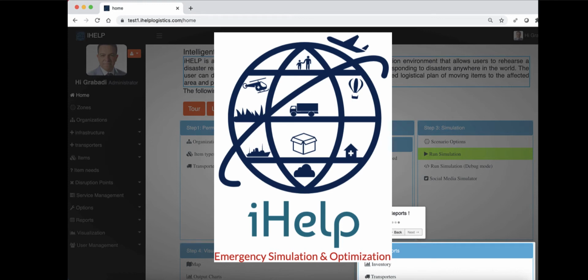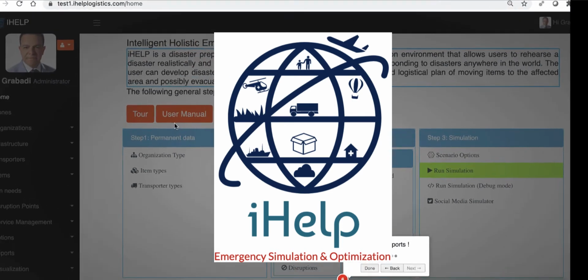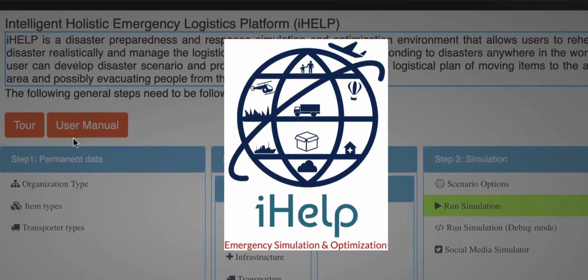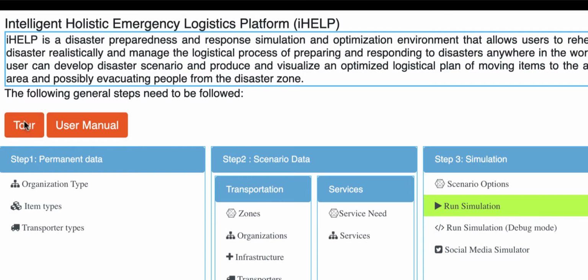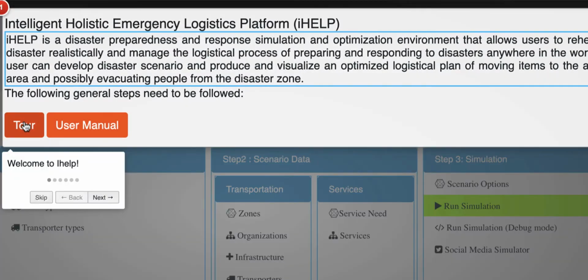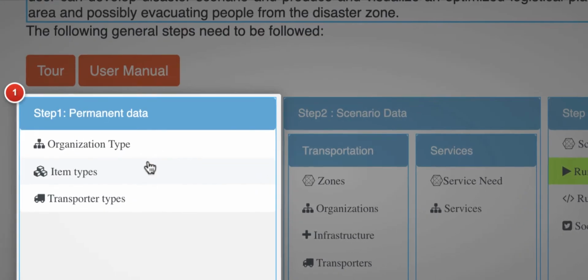In this video, I will demo iHELP, or the Intelligent Holistic Emergency Logistics Platform. iHELP is a cloud-based system for generating optimized logistical plans in response to disasters or crises. The interface is divided into steps to implement a disaster scenario by entering first permanent data that you don't have